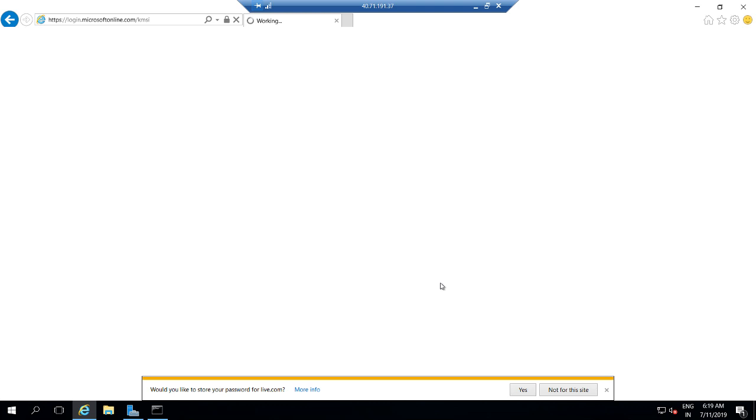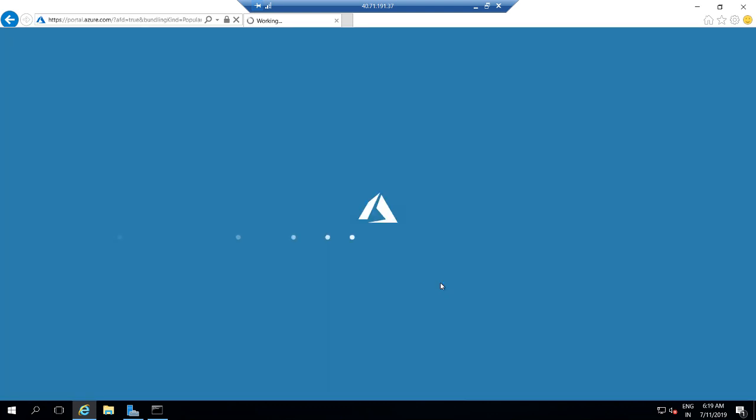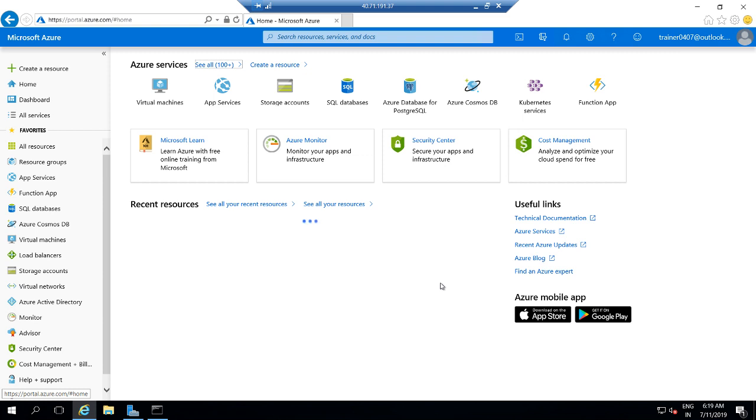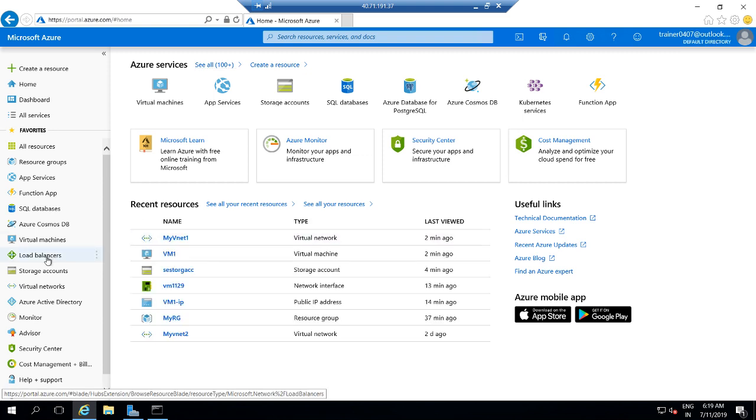Now I'm accessing my Azure portal through my virtual machine, which is within a virtual network and within a subnet. But right now, if I access my storage account, which I've just created,